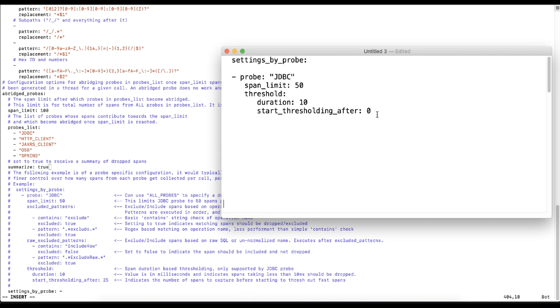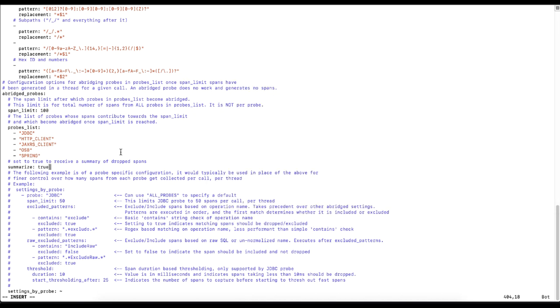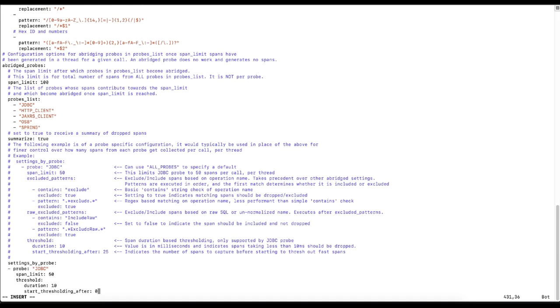Then copy the content that I pre-configured and paste it under settings by probe. By doing this, JDBC spans within a single trace will show up only when the duration is more than 10 milliseconds. So any JDBC span with a duration less than 10 milliseconds, you will not see it listed in a trace details chart. Save